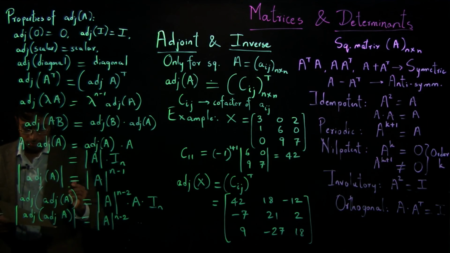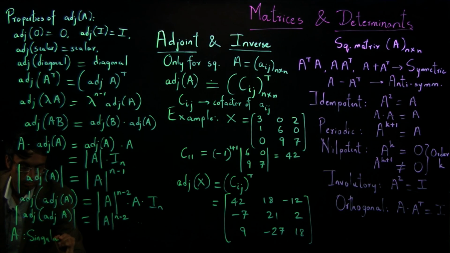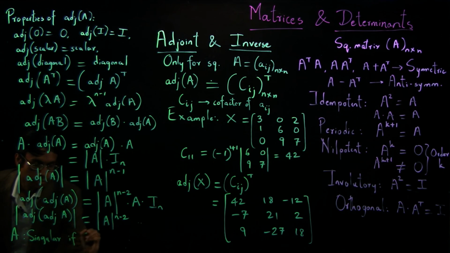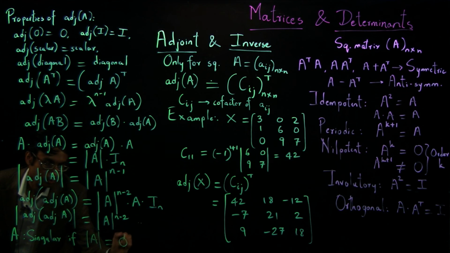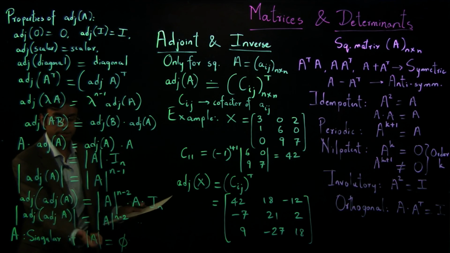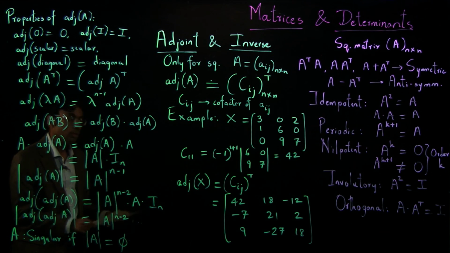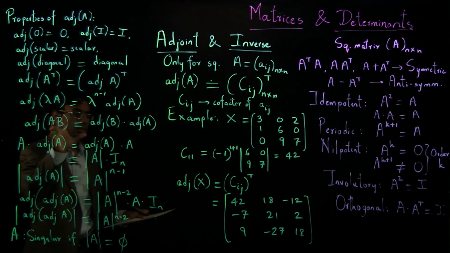And one last thing to note, a square matrix A is said to be singular if the determinant of A equals 0. Clearly, if the determinant of A is non-zero, A is said to be non-singular. So with these properties and having studied